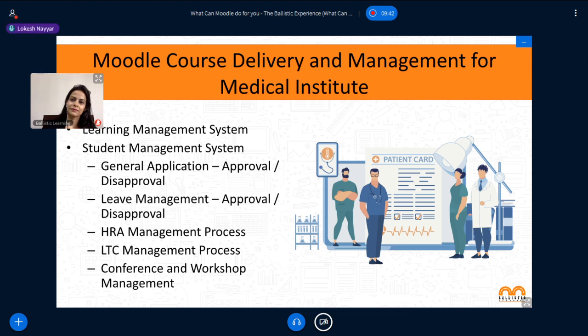We were very lucky to work with this medical institute, which is deeply rooted in India and is so active in using newer technologies. Since they were using Moodle and open source technology for the very first time, they had adoption challenges. We had a very engaging discussion with them, consulting them on the merits of an open source solution and the various features and functionality that could be developed and deployed on Moodle.